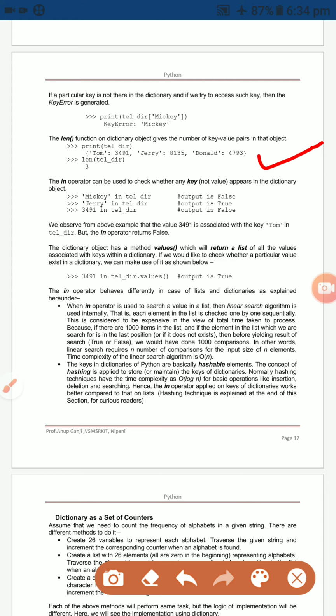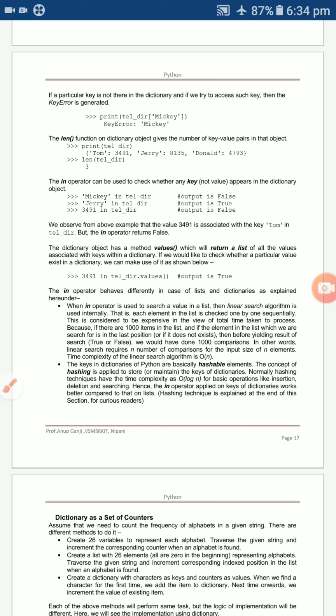Suppose you want the length of the Tom, Jerry, and Donald dictionary, you can use len(tell_dictionary). It will display the length of that dictionary. The length is 3: Tom value, Jerry value, Donald value. The three key-value pairs are there, so it will show 3.